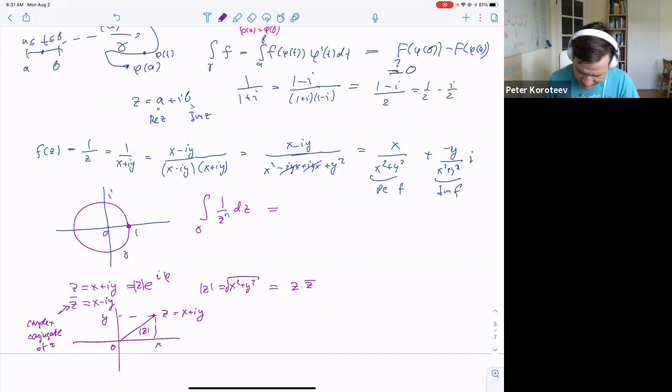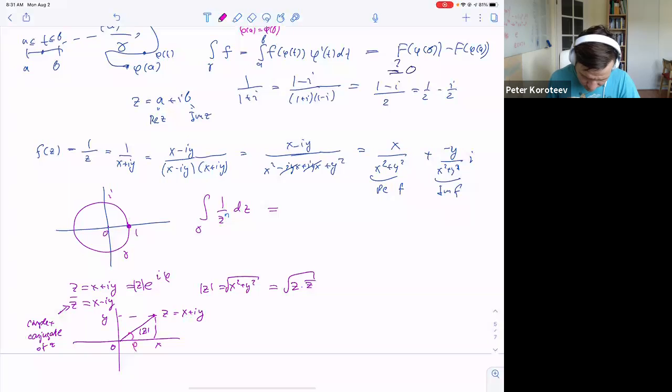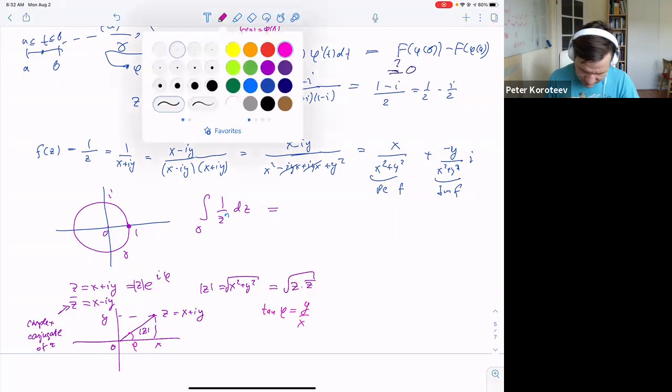I think it's good that we're spending time on this because essentially everybody needs to know this at some point. And then this phi is this angle here. So if you like, tangent phi is y divided by x. Well, why is this true? So there is a formula in,